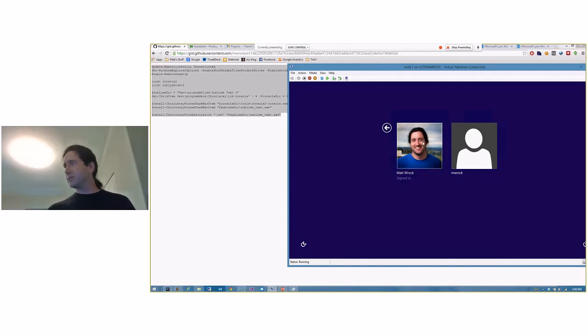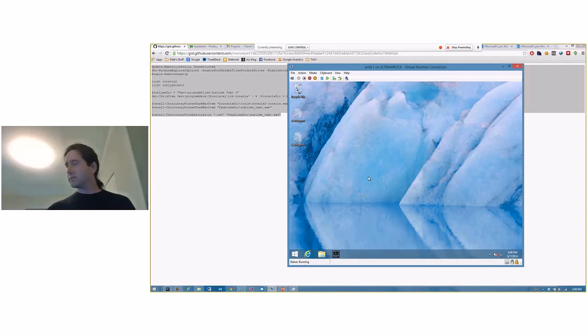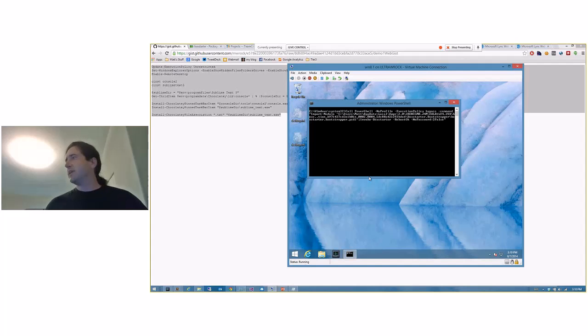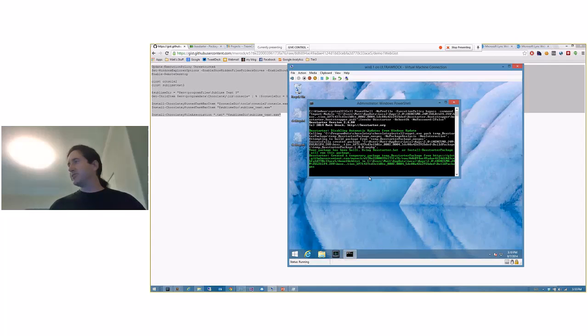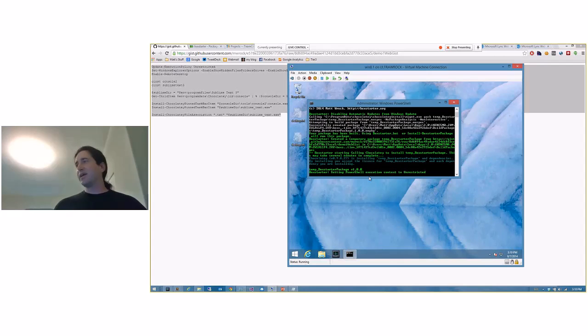I'm going to go in, and it's restarting. So what it does is it basically puts its script in the startup scripts, so that way when it logs back in, everything is up and ready. It disables Windows updates, especially on a fresh computer. Now I did go ahead and update this with Windows updates. Sometimes it can slow down the installation process,